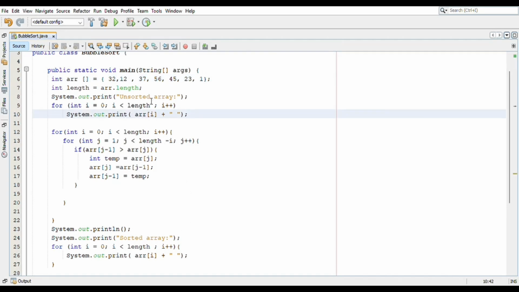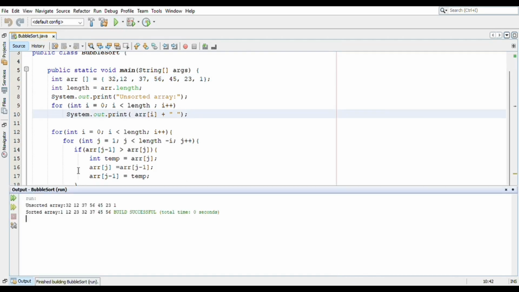So let's try to run again. So as you can see guys, this is the unsorted array provided as the input in this array, and now we are getting the sorted array 1, 12, 23, 32, 37, 45, and 56.